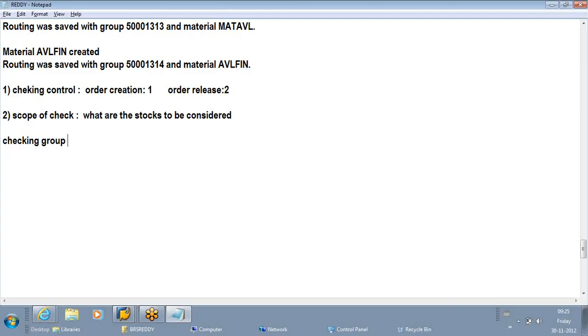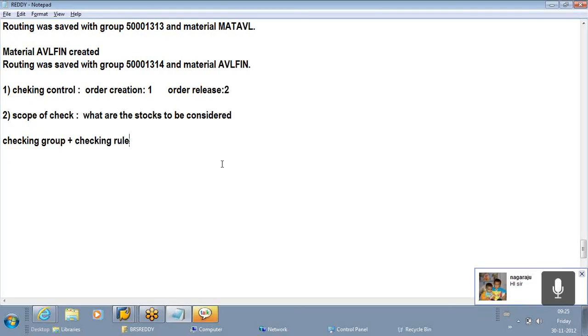Checking group plus it also takes the combination of checking rule. In combination of checking group and checking rule, it will take